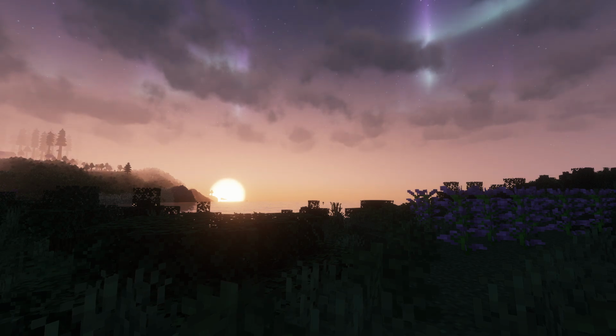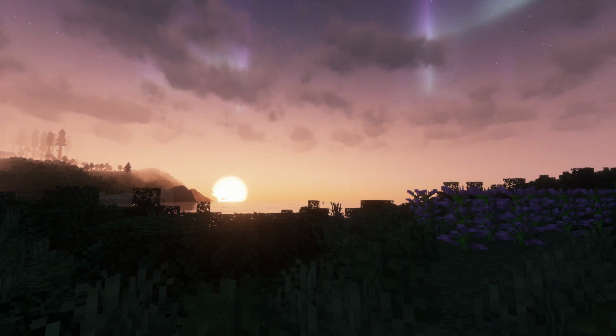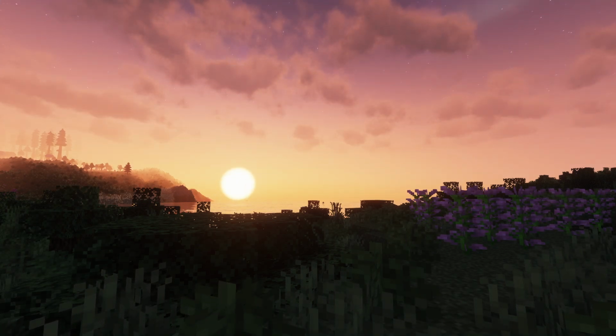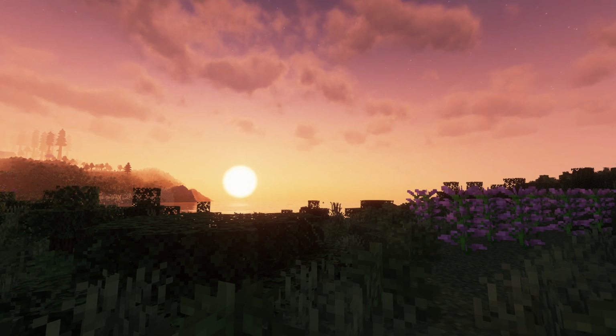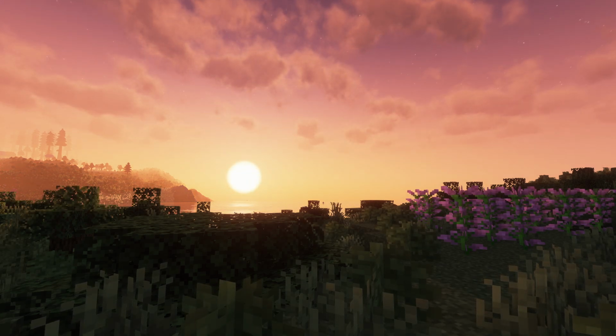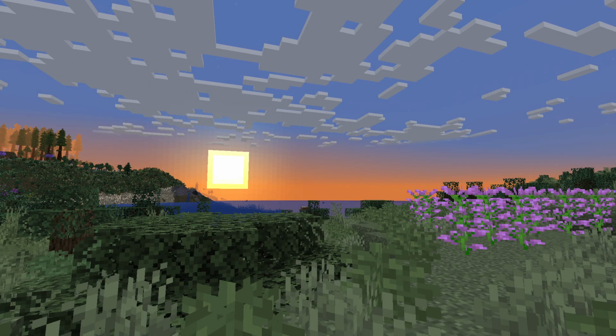So if you're ever wondering what Au Naturel is supposed to look like, it's supposed to look like this, with the included complementary shaders pack, Euphoria patches as well, and all included settings. Now, you might see me just regularly switch between non-shaders